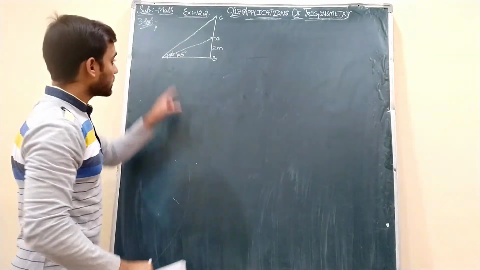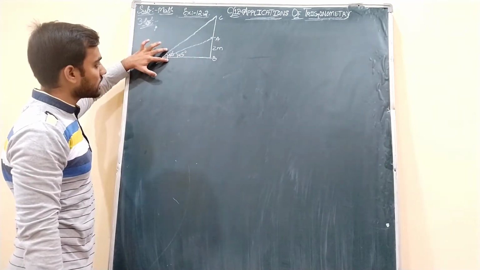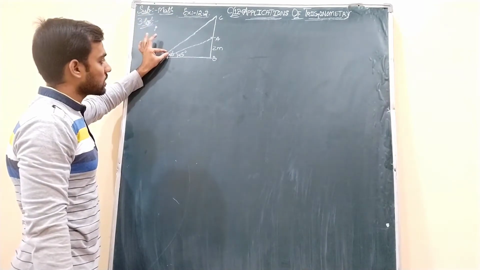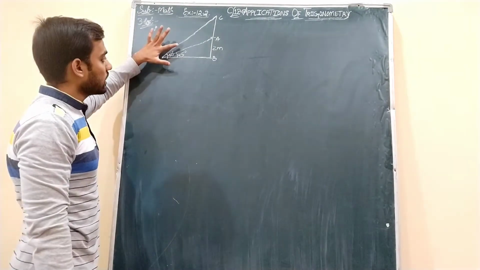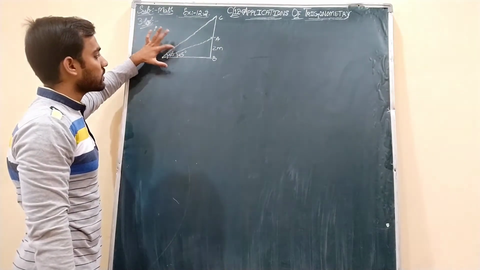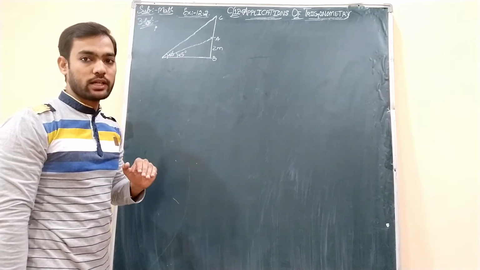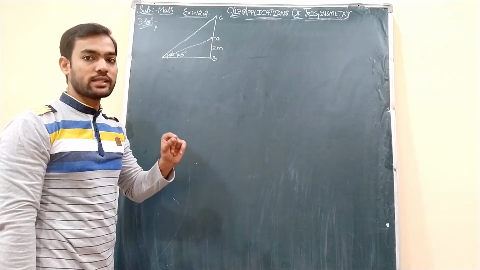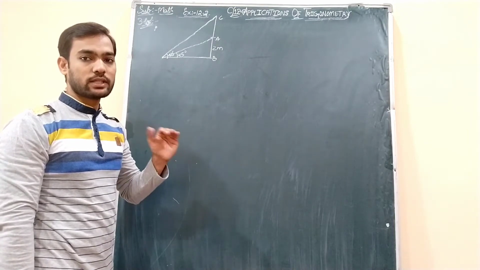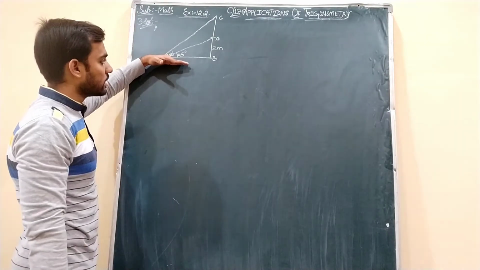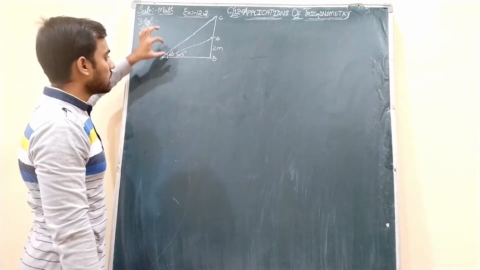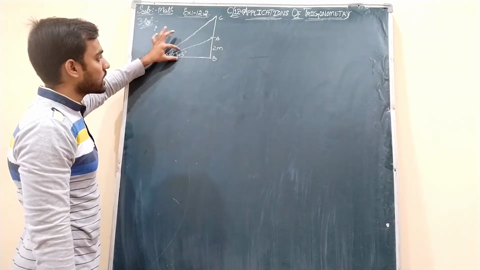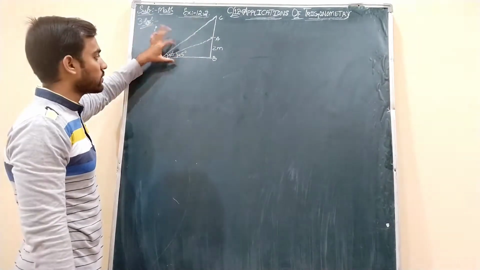Students, this 60 degrees you need to take from the horizontal till the line of sight of the top of the statue. Don't take 60 degrees here, because that would mean the angle between the lines of sight is 60 degrees. But we have learned already that the angle of elevation as well as the angle of depression is always taken with reference to the horizontal. So this is our horizontal, this is the line of sight to the top of the pedestal. The angle between the horizontal and the line of sight to the top of the statue is 60 degrees and the angle between the horizontal and the line of sight to the top of the pedestal is 45 degrees.